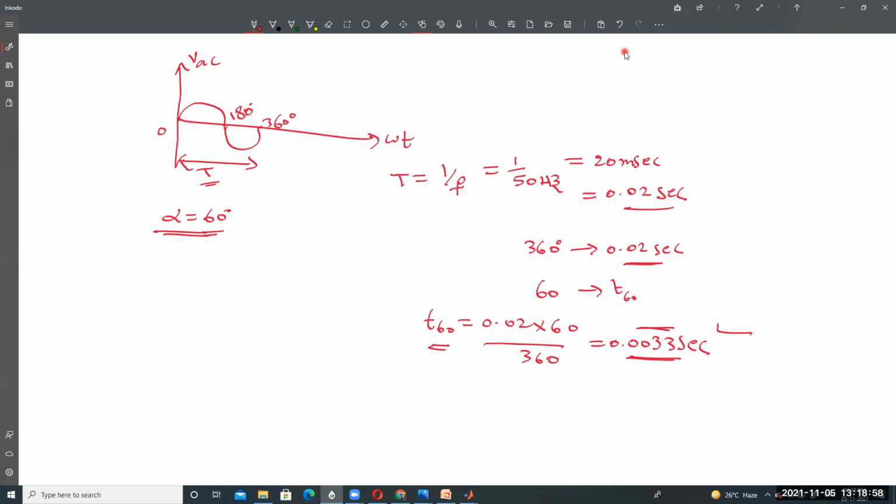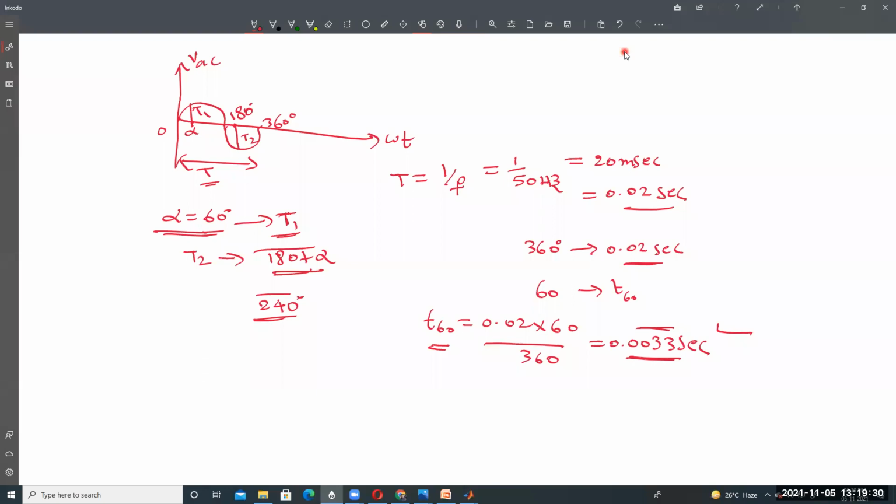Thyristor T1 is triggered at 60 degrees. This is called thyristor T1, and this is called alpha. Thyristor T2 is triggered at 180 plus alpha, that means 180 plus 60, 240 degrees.